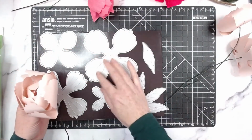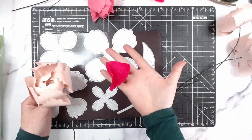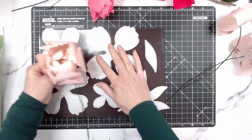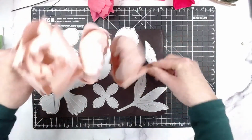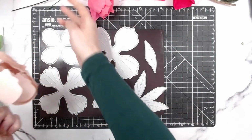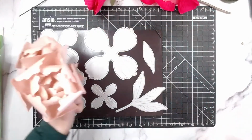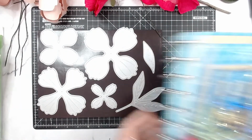Today I'm going to be showing you how to cut these out using Italian crepe paper to make the petals. These are slightly different and I'll be showing you today step by step how to do those. So this is what it looks like with the blooms all full, like that, just with some pink pearlescent paper. Completely different look to these peonies right here. Completely different look. Now I did actually use these in another tutorial a couple of days ago on this album